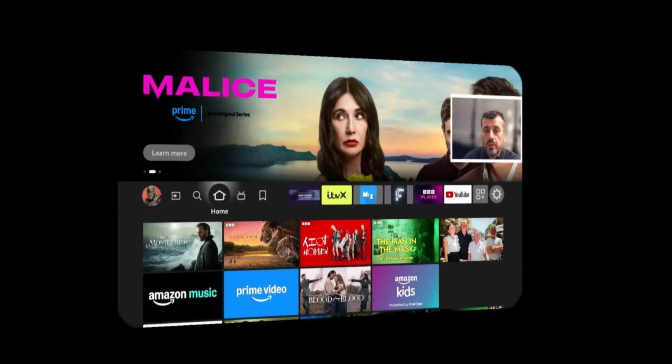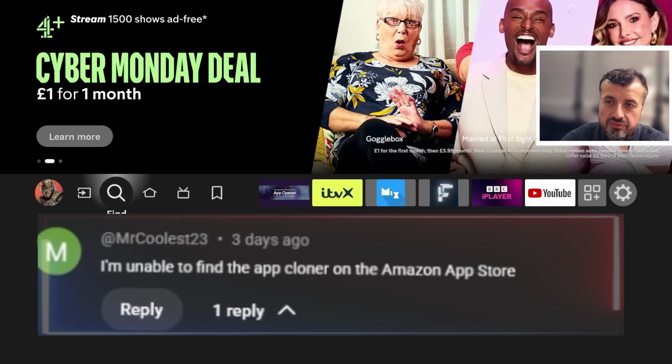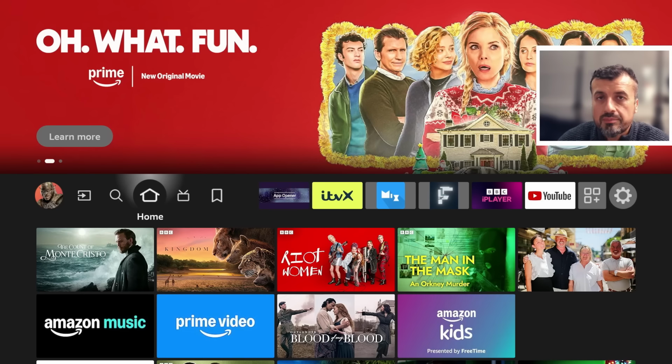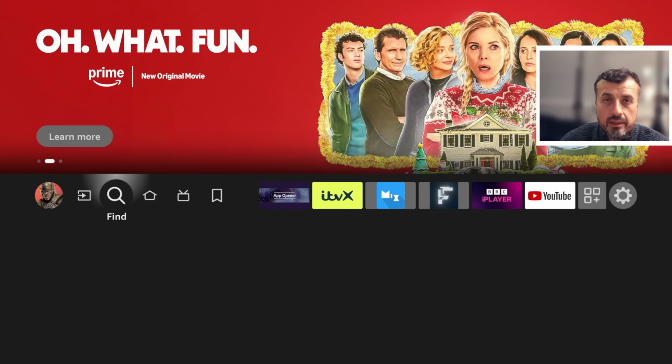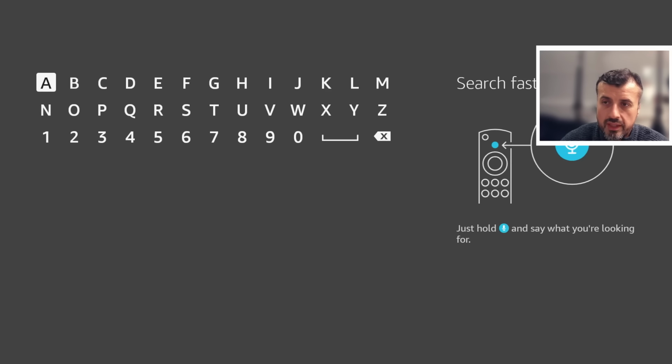Let's back out of that. Then we have this question. So many of you are saying that you can actually find this application in the Amazon App Store. Now, I did double check this with the developer just to make sure that maybe he's only published it in one country or one region, but he said to me that it's published globally, which means anybody, if they go to the Amazon App Store and type in the full name, which is app,